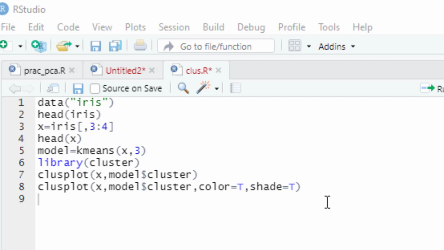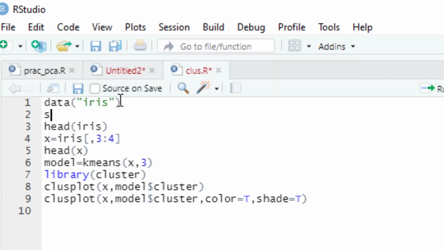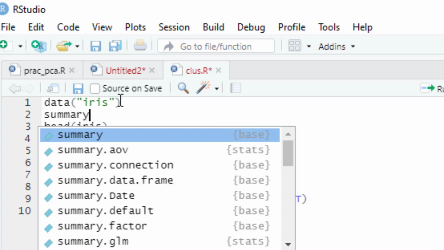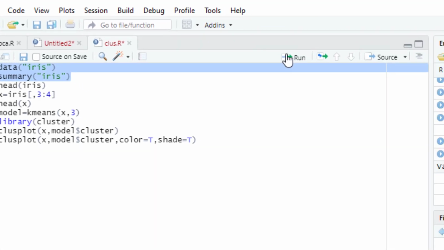set. Over here data IRIS, do remember students, data IRIS basically we are making use of the data set IRIS. In R we have this inbuilt data set. Basically it has 5 columns, namely sepal length, sepal width, petal length, petal width and species. So we can even over here write summary. So to understand, we are making use of summary and IRIS. So we get the very beautiful summary of this data set. So I will run this too and show you over here.